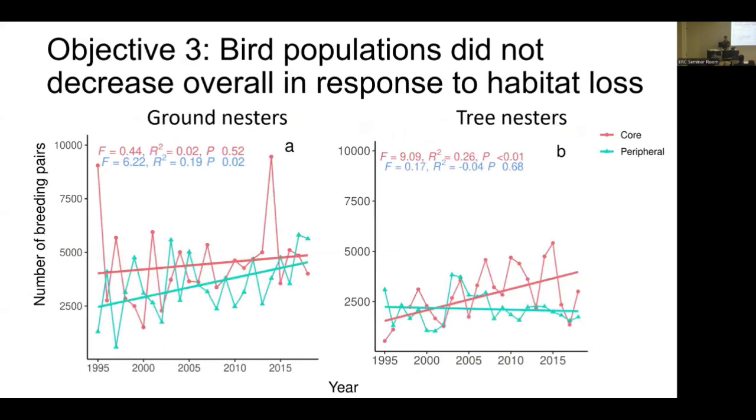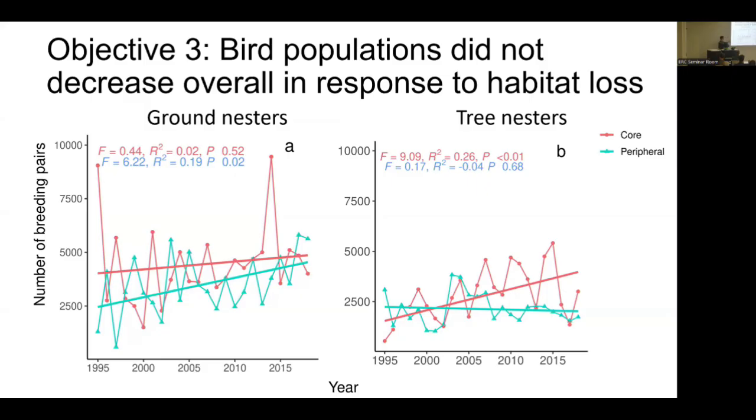And we found that the number of breeding pairs of ground nesters and tree nesters didn't decrease. I split these up, so I aggregated all of the nests of ground nesters and tree nesters at core and peripheral islands. The core islands are the few islands that support most of the breeding pairs. For tree nesters, only 3 islands in our study area support about 60% of the nesting pairs. And for the ground nesters, it's about 9 islands in the study area that support about 60% of the breeding